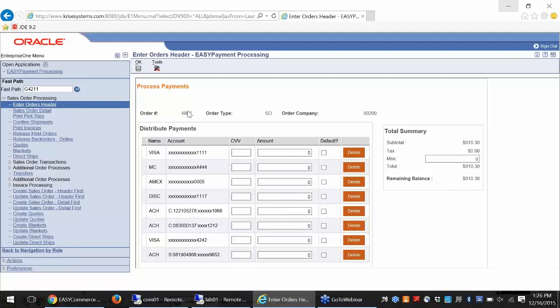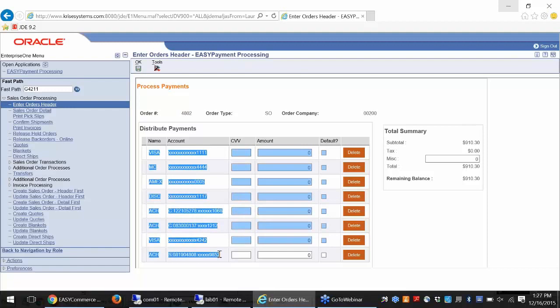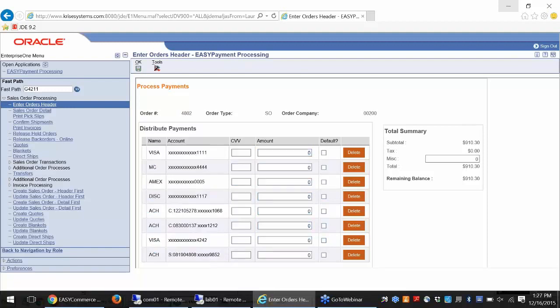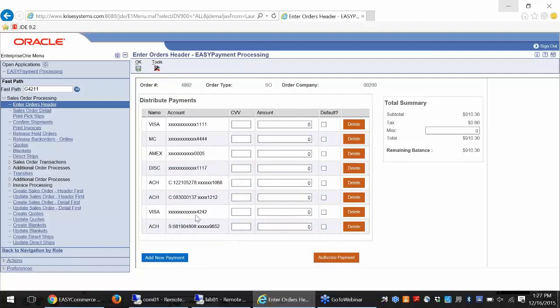So if you notice when I was placing the 4802 order, I typed in 4242 as the customer number. That's where EasyPayment knows to go ahead and retrieve that specific customer's saved credit card profiles. So that's the list that we're looking at. This means that this credit card was either saved by another CSR rep, or it might have even been saved by the customer himself using something like an e-commerce application as well. And this might not be realistic. I think most situations,